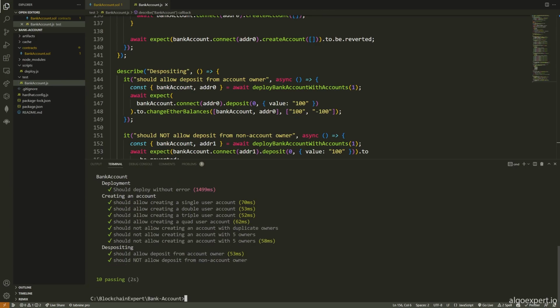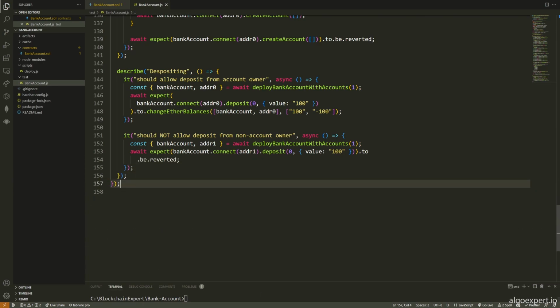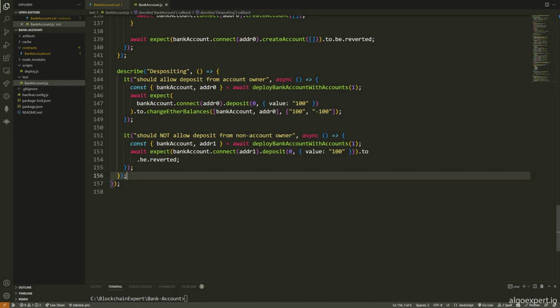Okay, let's see. And there we go. So now all of our test cases are passing. So now we know how to create an account. We know how to deposit. Now we need to request withdrawals. We need to actually withdraw. And then we can call, I guess, some of our getter functions if we want to test that out, and